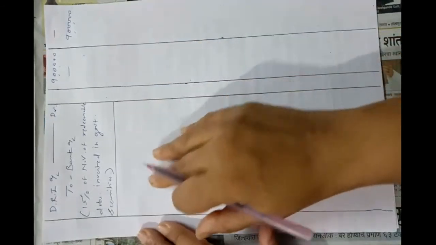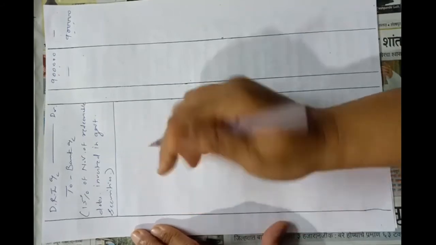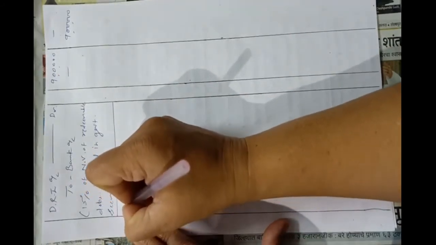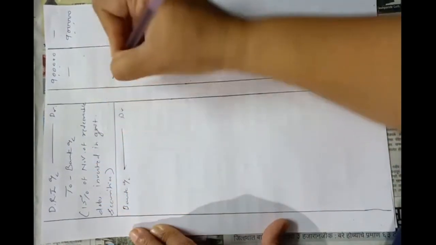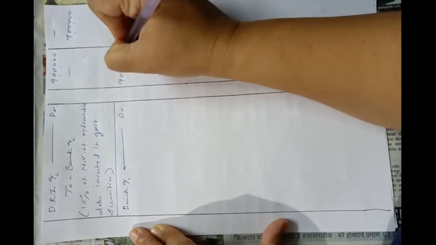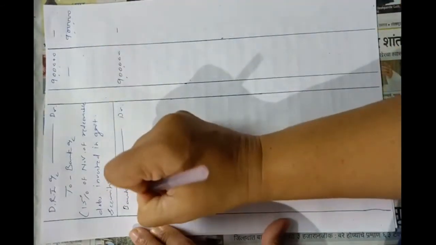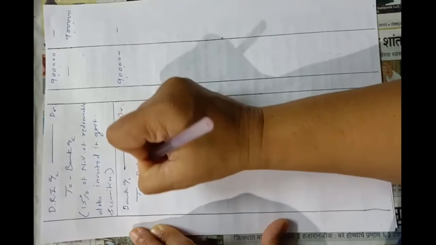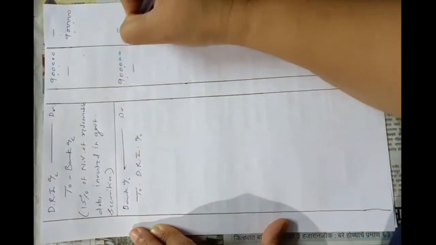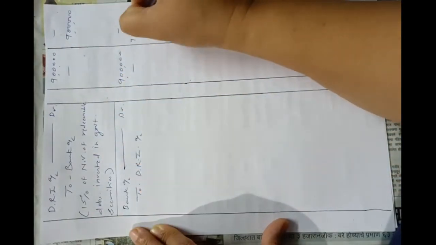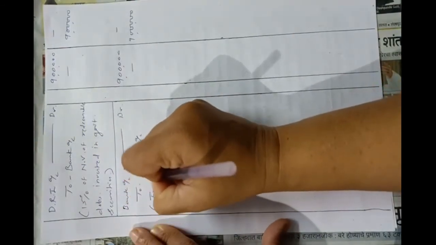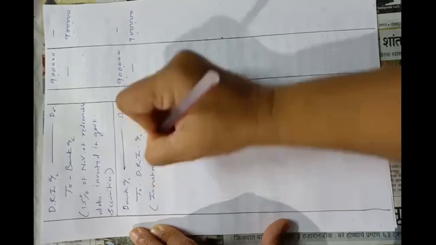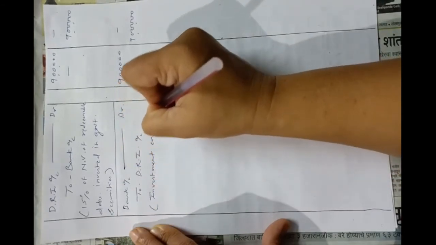Okay, so now the entry of encashment of investment, just the opposite entry of this entry, bank account debit, 9 lakhs to debenture redemption investment account, 9 lakhs. Narration will be investment encashed,